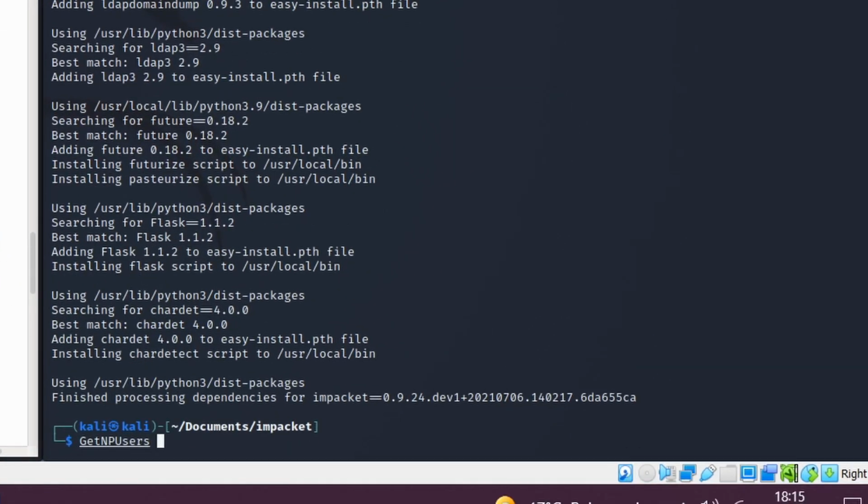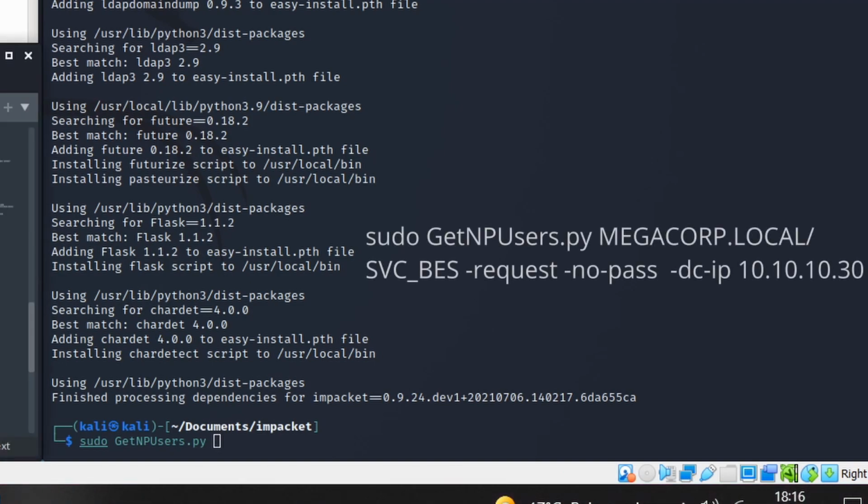Zoom the screen back out. And as you can see now, the get np users.py no longer remains red, it goes green, which is good. It means it recognizes it. So the command you're going to need is sudo get np users.py